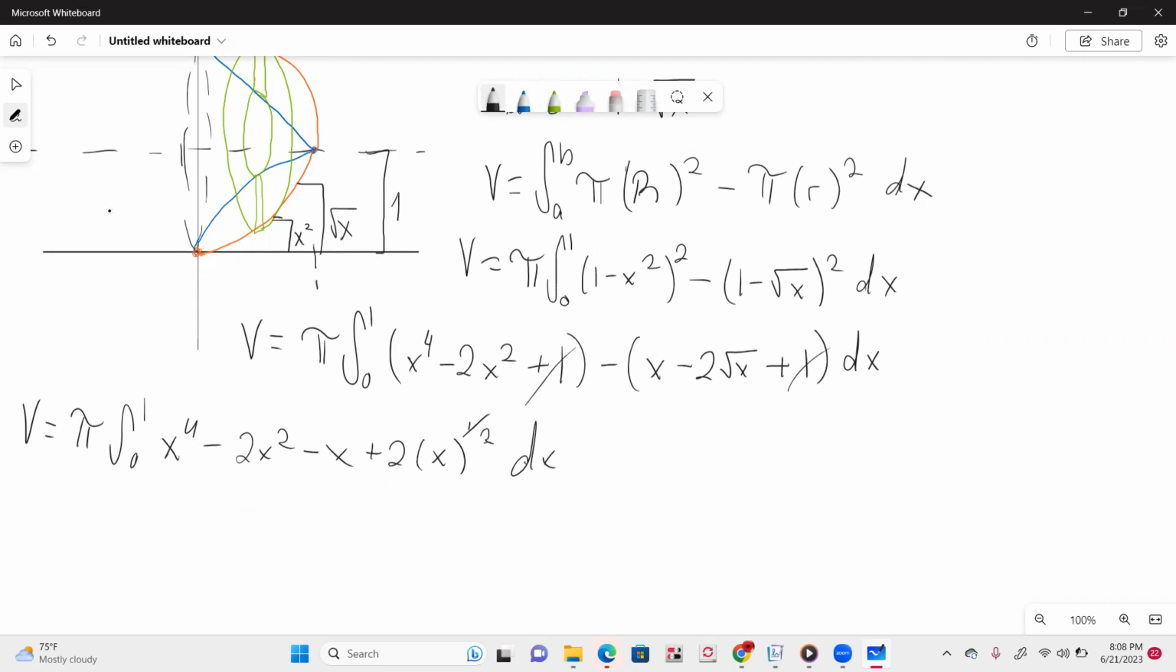Okay, so our volume is equal to pi by the integral from 0 to 1. Oh, sorry. We're integrating. We don't need that anymore. We did that. Right, so x to the fifth over 5 minus 2x to the third over 3 minus x squared over 2 plus,